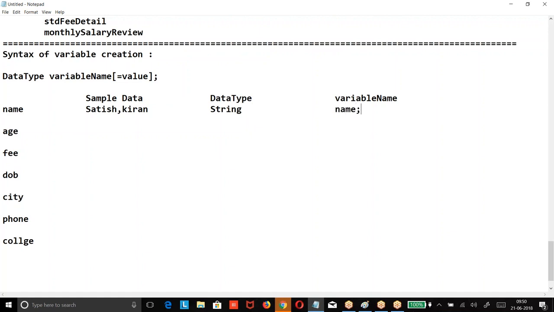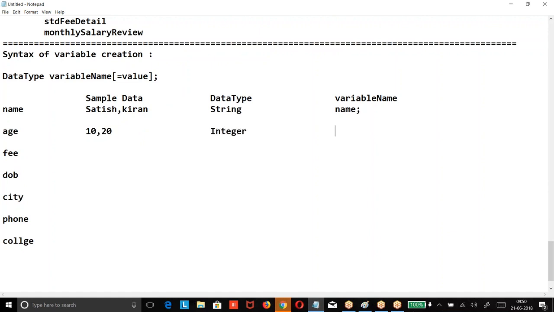I have given a variable name called age. So what I will take? Now, if I give age as 10, 20, then it become what? 60. Now when you say age, you cannot say it is an integer. How you want to store? What is the sample data? If I want to store like 10, 20, then I will go for.